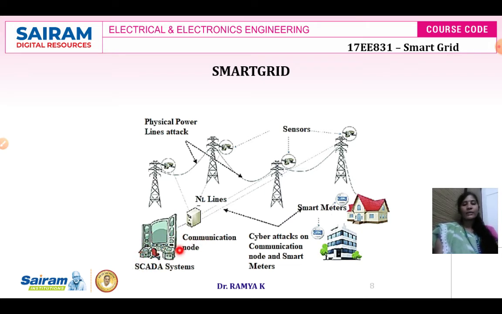It could happen in a smart grid. And in addition to the grid lines, there will be sensors connected at each and every point of the grid lines. These sensors measure the power input and power output. So if any power theft occurs in between, then automatically the system will send the information to the SCADA system. The communication line will send the signal to the SCADA system stating that at this particular point there is a power theft, there is a vulnerability.